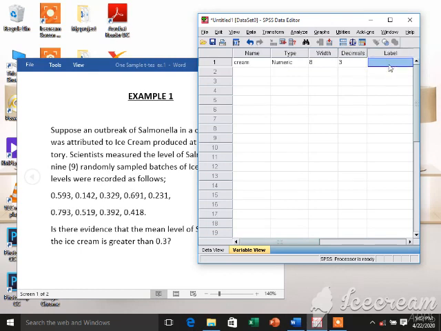Now I come here. This label talks about what we want to measure. Now we want to measure salmonella ice